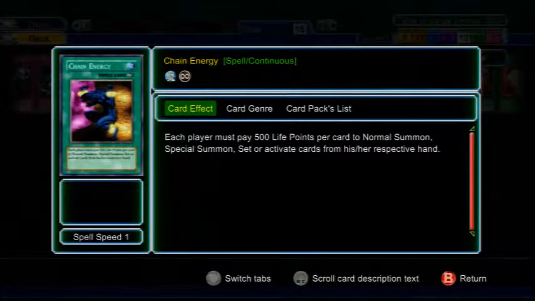2 Chain Energy, as I said, this is kind of like a lockdown deck where he's trying to lock down his opponent. So this card is really good. You must pay. Paying is not losing life points, so it's a cost. So if your opponent's down to like